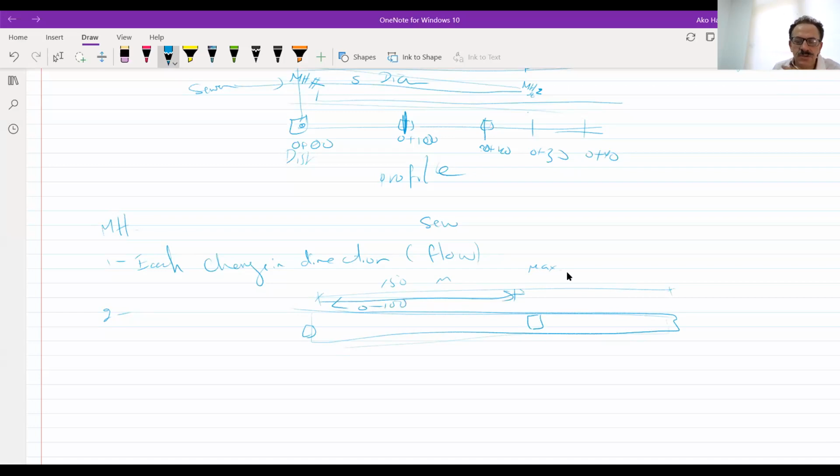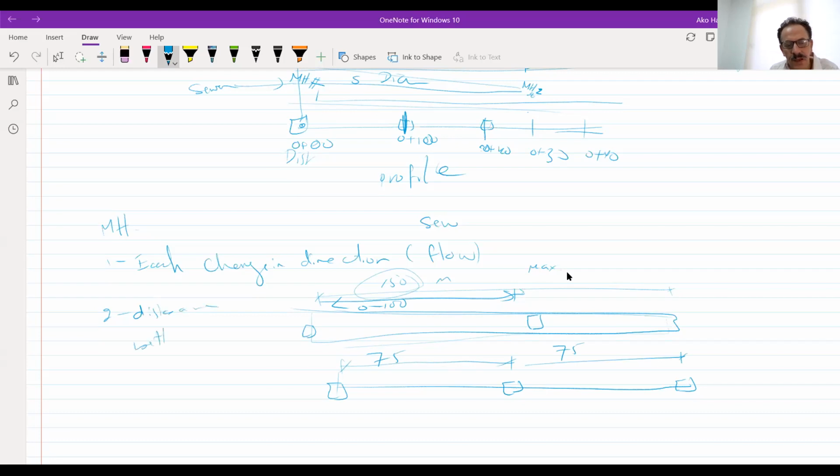So every 0 till 100, you should have at least one manhole. For example, if I have 150, you have to have a manhole at the beginning, a manhole at the end, and a manhole in the middle. This way, the distance between the manholes should be kept less than 100 meters. This is a must, even if there isn't any change in direction.